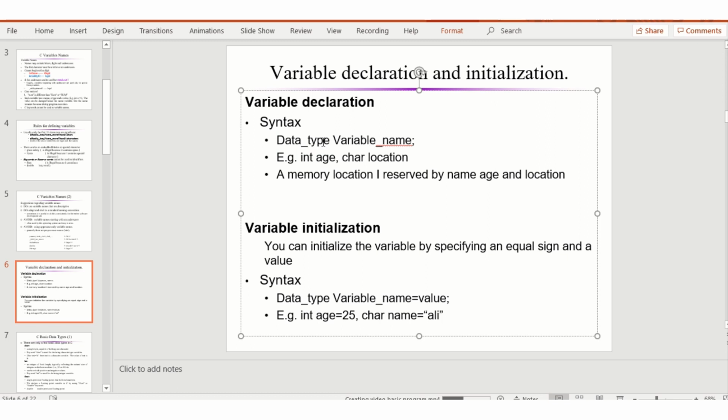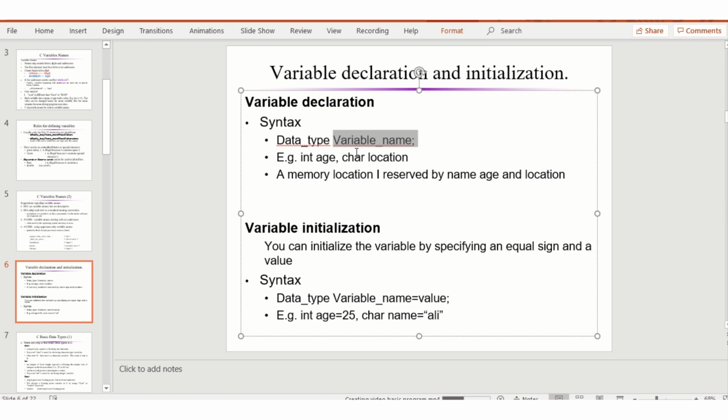And data type is what type of data this memory location will hold. Again the same example: if you are asking the user to enter the marks in his subject, marks will be in numbers, so the data type will be integer. The integer value will be stored against it. If you are asking the user if he wants to continue, he has to enter yes or no. So y and n are characters, so the data type is character data type. So data type is what type of data will be stored in that memory location, and variable name is the identification of that memory location. Okay, this is variable declaration.